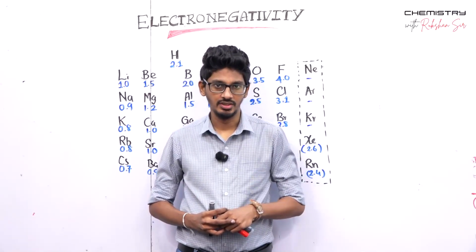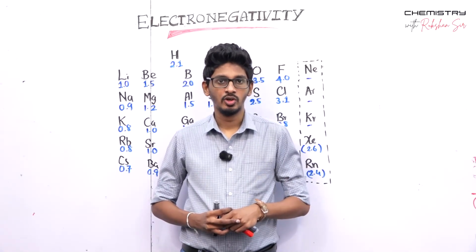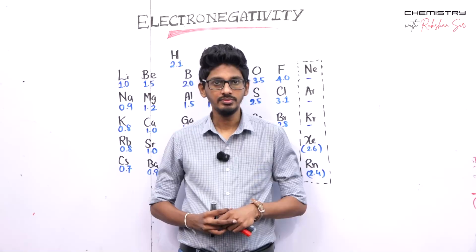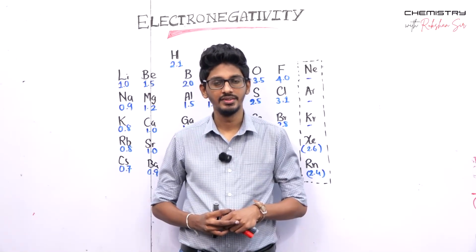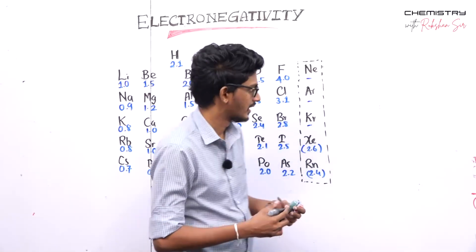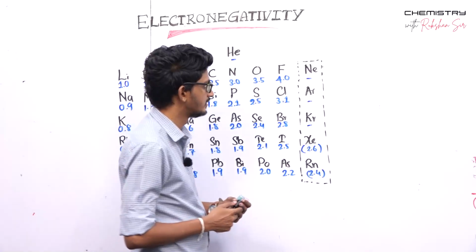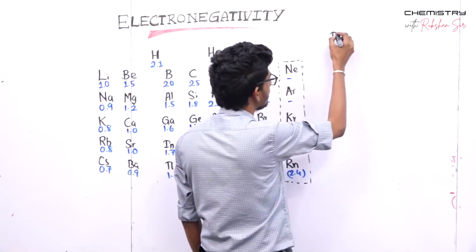The definition is: the ability to attract the electron pair in a covalent bond towards the constituting atom is referred to as that atom's electronegativity. Let's have a quick idea about that. So the definition is